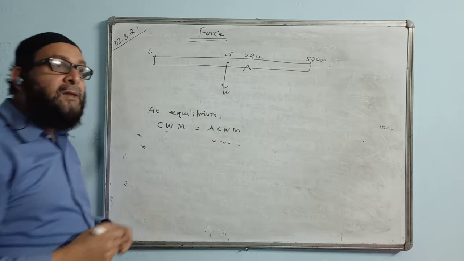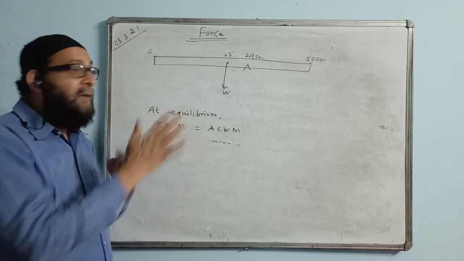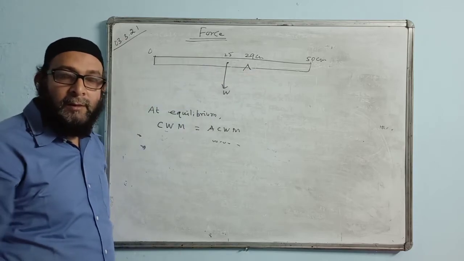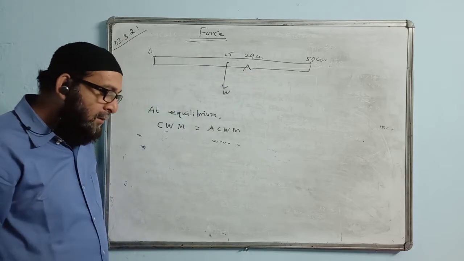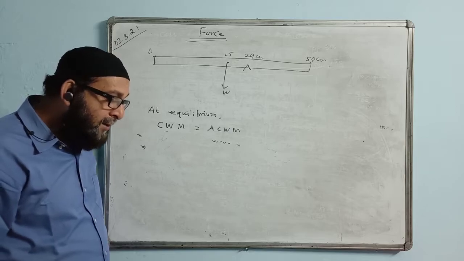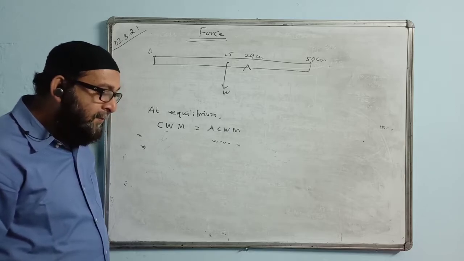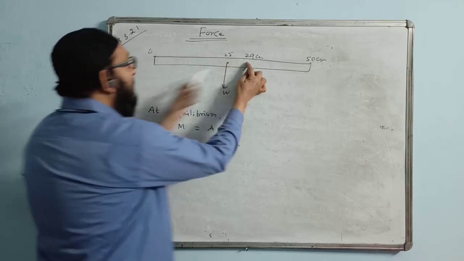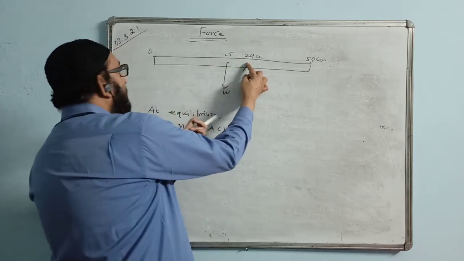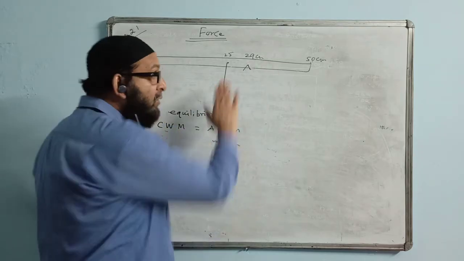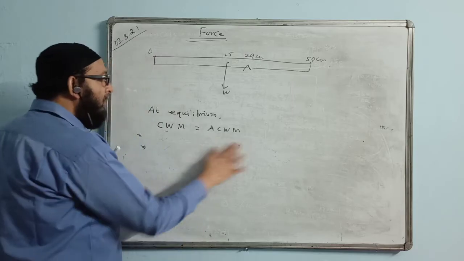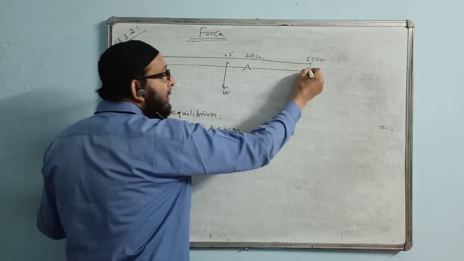And you are keeping a mass of 20 gram at one end. So which end you are keeping? 0 centimeter end or 50 centimeter end? Where you have to keep? 50 centimeter. You can't keep it at the other end. Here is the pivoted point. The rule's weight is already on this side, so this would also be the same side. How can you balance it? It has to be the other side of the pivoted point. Then you are keeping it here.